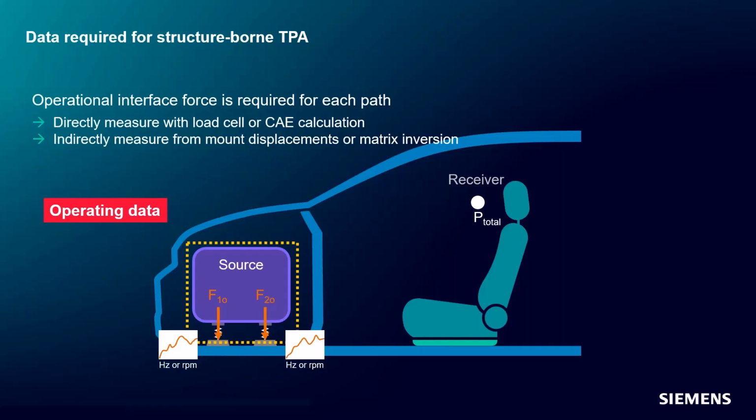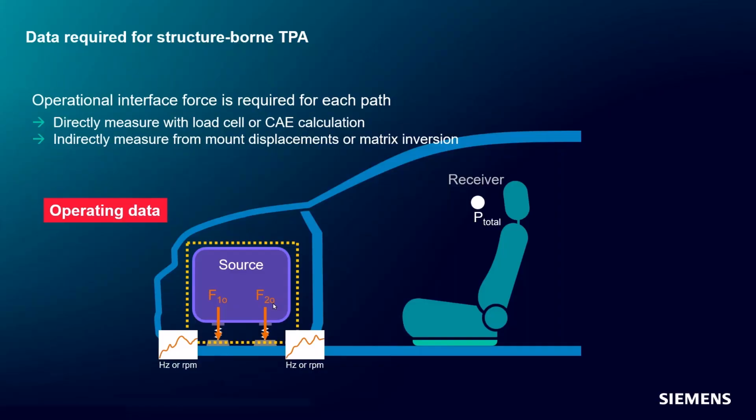Any path, we're going to take measurements on one side of that dotted yellow box and on the other side. On the inside of this yellow box, coming out of it, there are these physical attachments. These are paths that attach the source to the structure. We'd like to know the forces that come out mechanically into the structure in order to do the transfer path